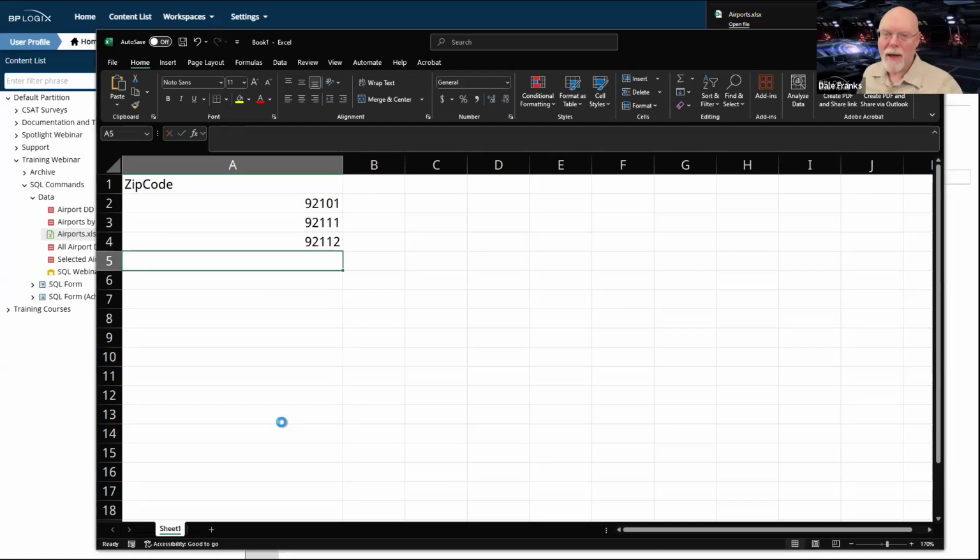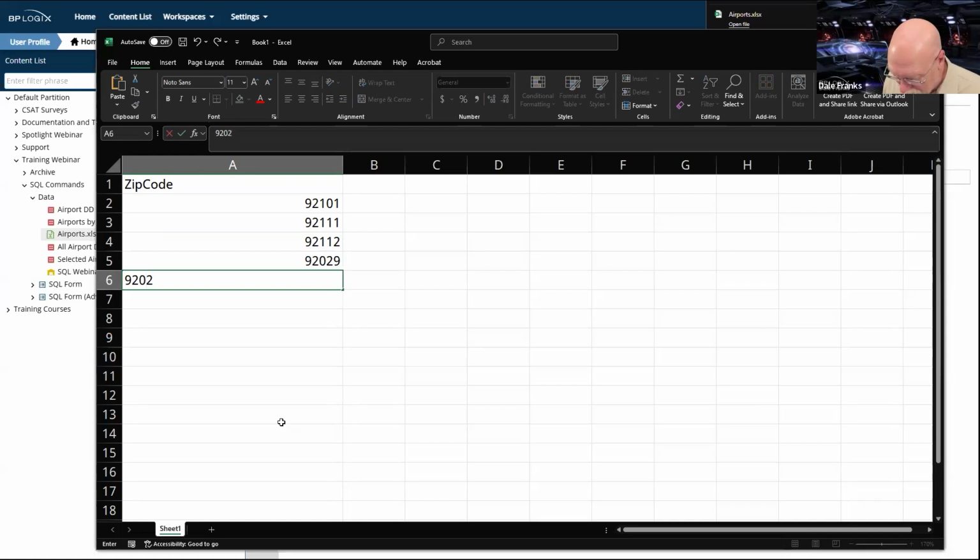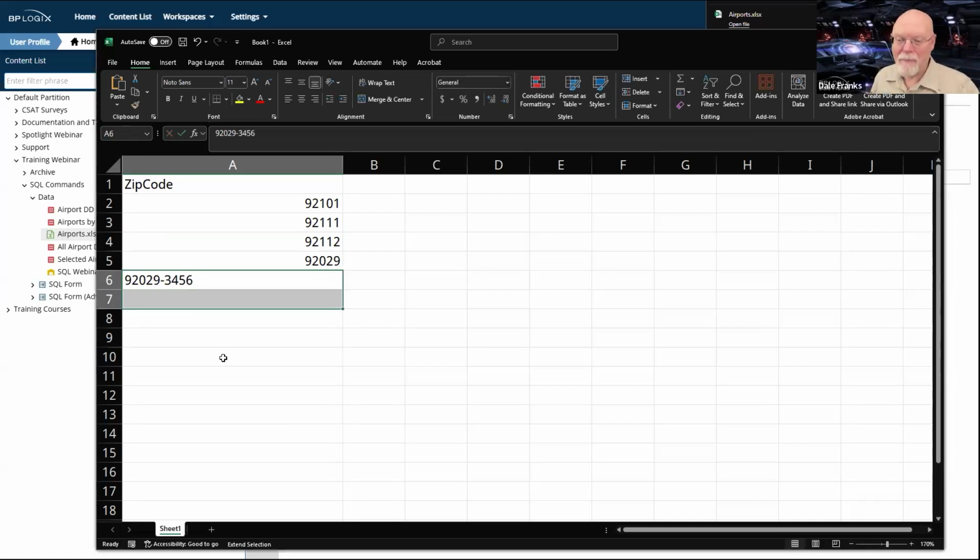But then we do something even weirder with our zip codes, because we have 92029, and then we have 92029 dash and then 4 digits after that.